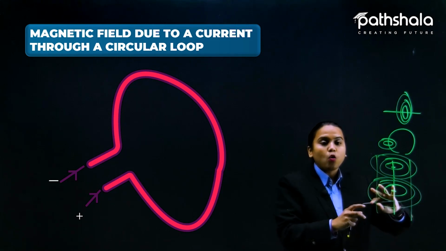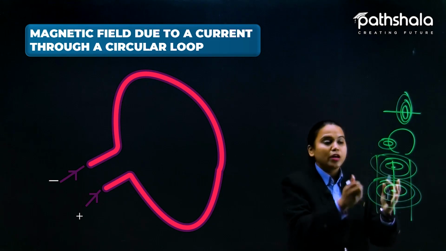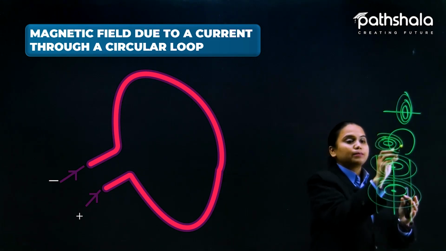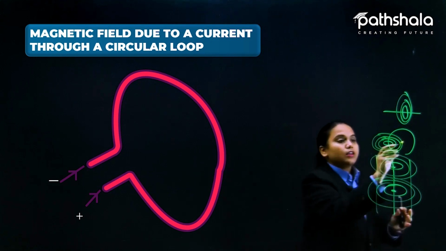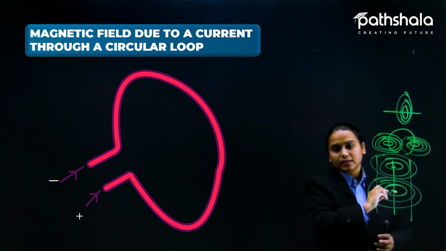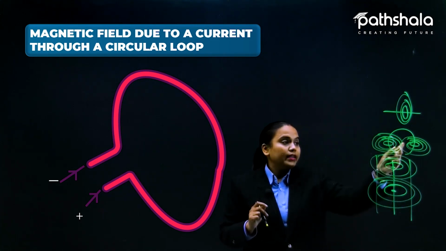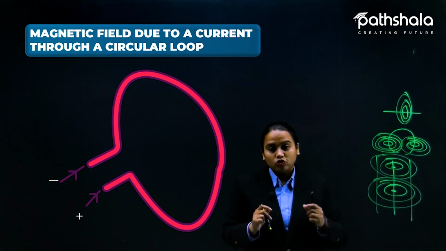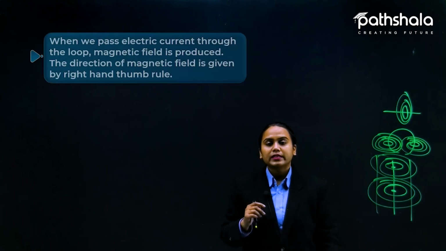Somehow what we are doing is molding it into the circular form. So here, at this particular point, we have the magnetic field line like this, and at this point also we have the magnetic field lines like this. So the magnetic field lines now come into contact with each other here. So what we can see here, we are going to proceed.